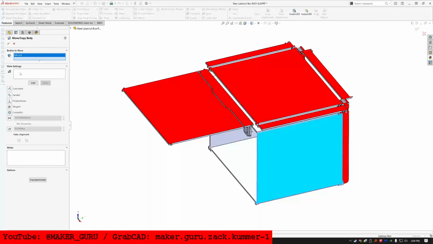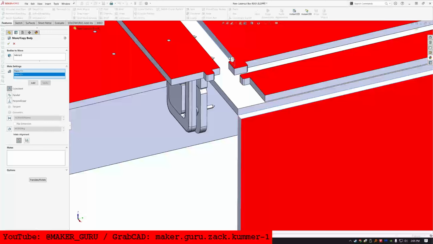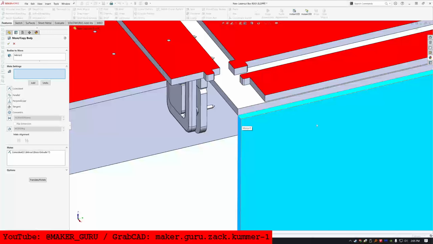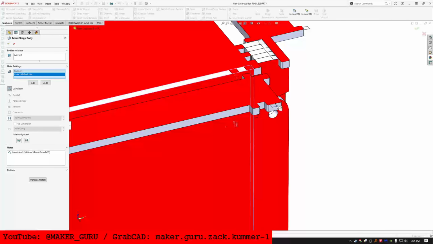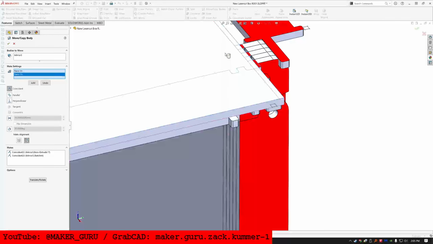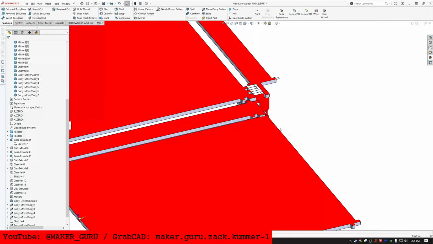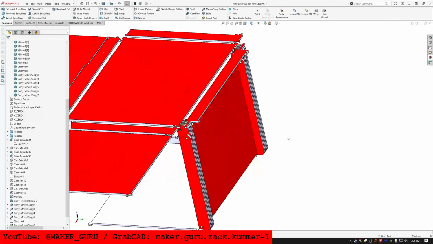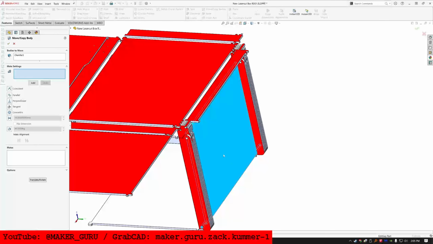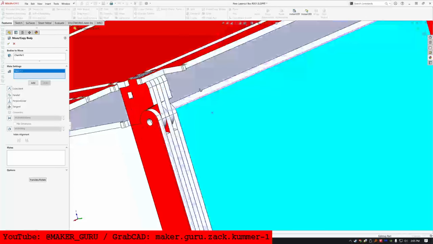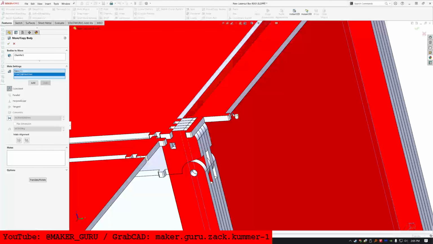I'll move copy bodies on this, and it'll be there to there, and it'll be the top to there, and then it'll be like that, but flipped over. Alright, just keep going around, do the same thing for this one. And it goes to there,